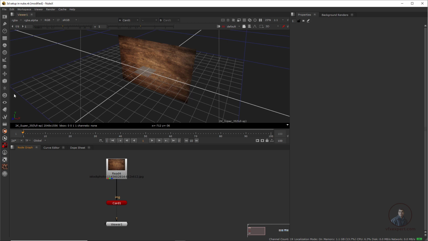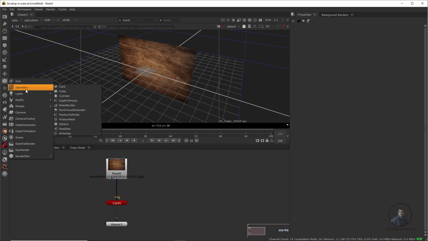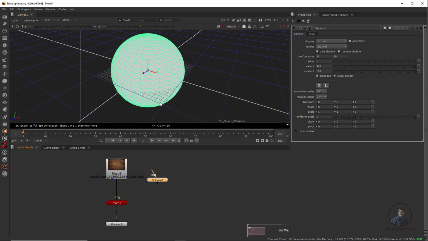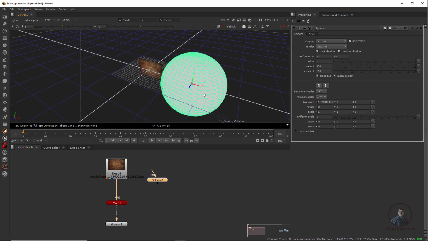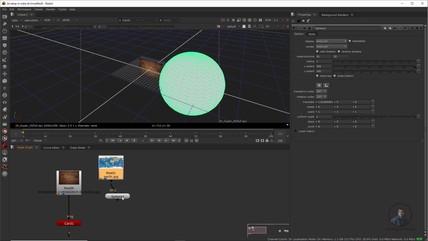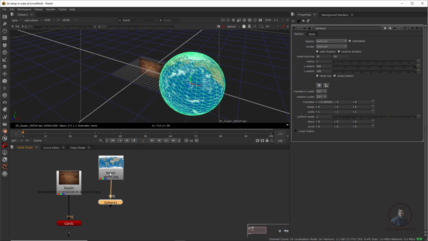So for deselect here, then click on this 3D geometry and take this sphere here. So just connect it here. So just a little bit middle mouse button scroll and just move it here, so we can see both things here. Then again we can take another image, so as you will connect it here, again same with this image input, so this will actually just wrap your image or texture onto this sphere here.